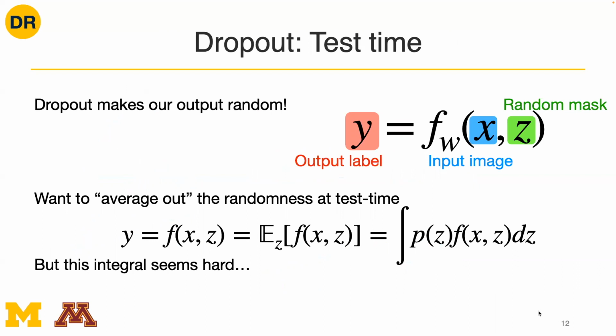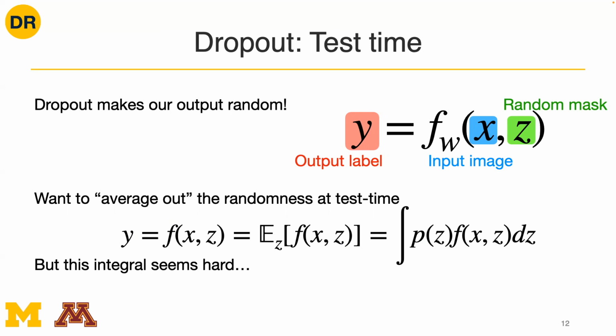So depending on what your random binary mask is that was sampled when you try to evaluate the network during inference time, that's going to affect what the final output of your network might be. And so conceptually, this kind of seems at odds with what we want at test time, right? At test time, it seems like our model should sort of be stable. Like it should only depend on the image that it's trying to classify. It shouldn't have this like internal sense of randomness